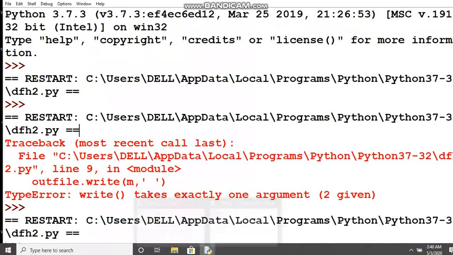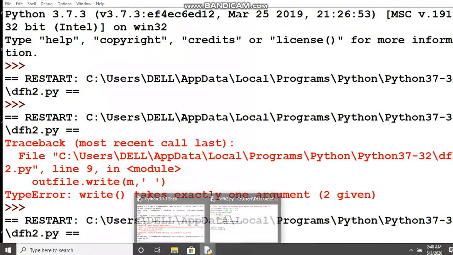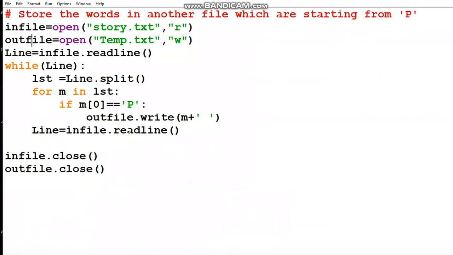If we would like to save that, we have to use file handling. So how can you add data in a file? You can use the write function. So we'll see the use of read and write both over here.